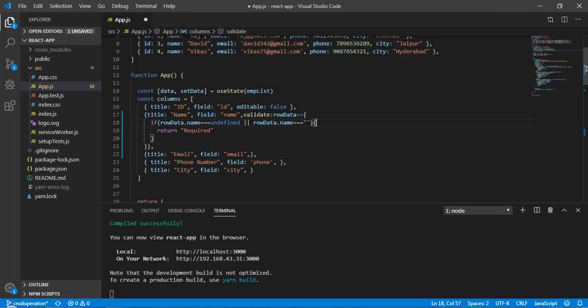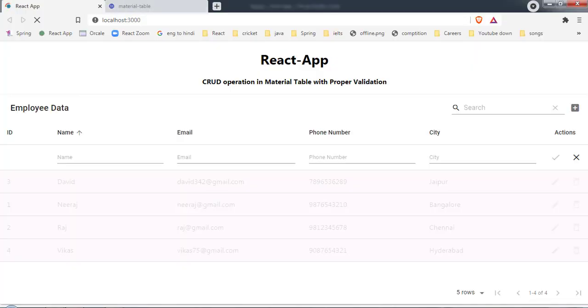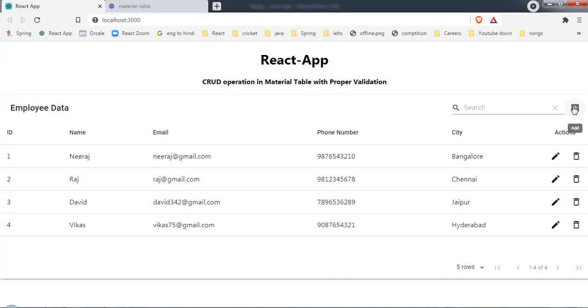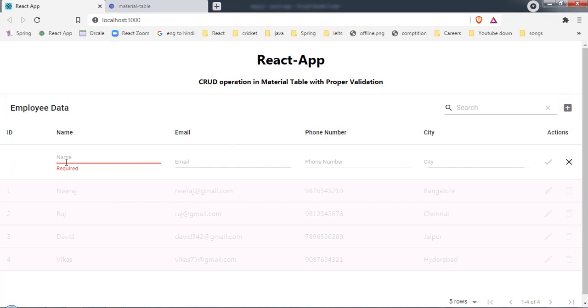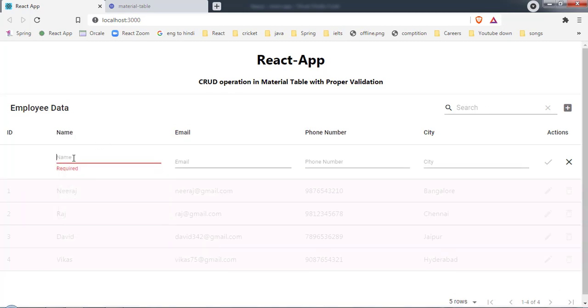If this value is empty, return required. Now save it, and let's come back, and click add, and now as you can see we have this required here. Now if I start writing, we don't have any error, but if I remove everything, I still get this is required.